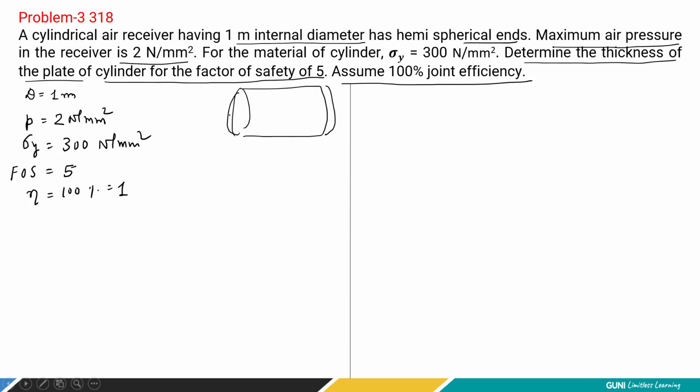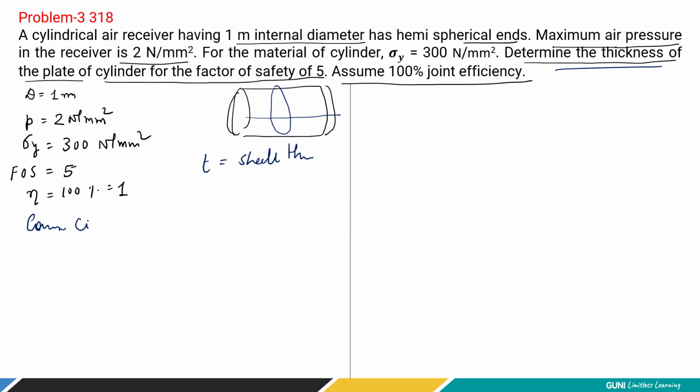What we have to do is simply determine the plate thickness, that is the shell thickness T. For that we are going to use two equations. Because it is a cylindrical pressure vessel, it can fail across the longitudinal section or it may fail across the transverse direction. So by considering two equations, we are going to find two values of the shell thickness, out of which the one which has the higher value is our final answer. So first is